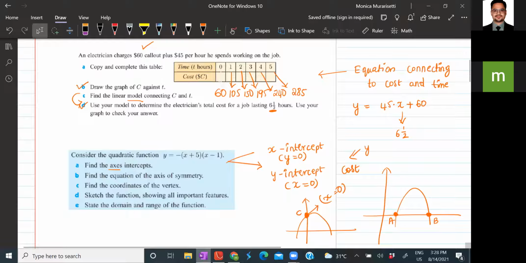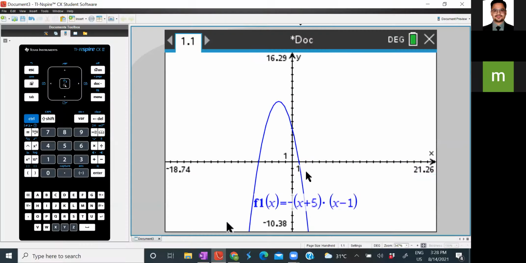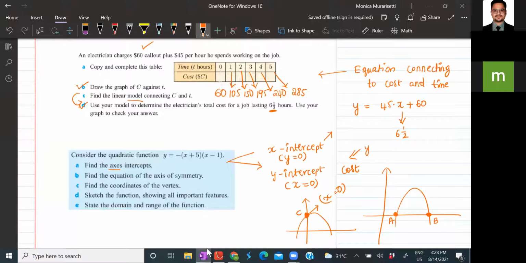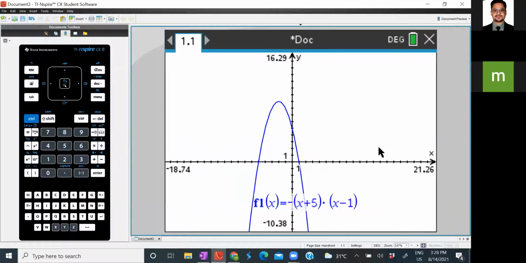Now let's go back to our TI software and see where it is. If you see, you can identify two locations where the curve is cutting the x-axis, that is at 1 and one more at -5. So from here we can understand directly that the x-intercepts would be 1 and -5. Now similarly, can you all try looking at the screen and tell me what could be the y-intercept?